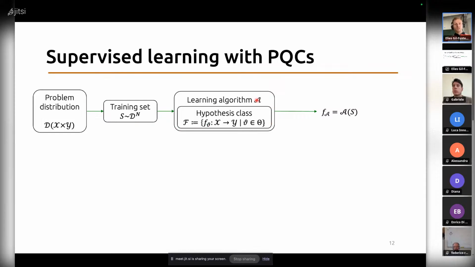For that, we need to fix a function family, which I call the hypothesis class. This is the set of all possible functions my algorithm could ever output. So you can think of a neural network with a fixed architecture. This is the set of all functions for all possible values of the parameters. Or the same thing with a parameterized quantum circuit. You fix where the gates are, and then each value of the parameters gives you a different function,